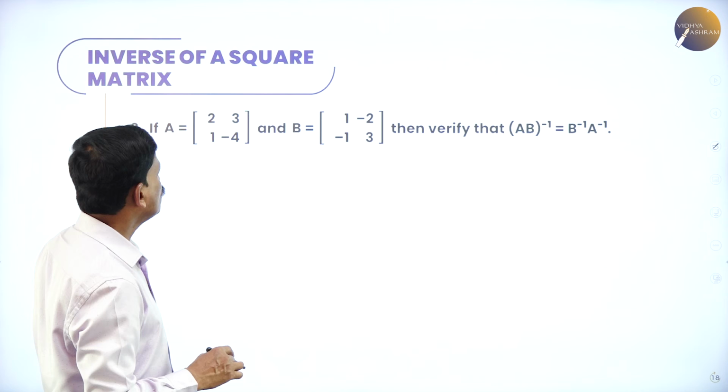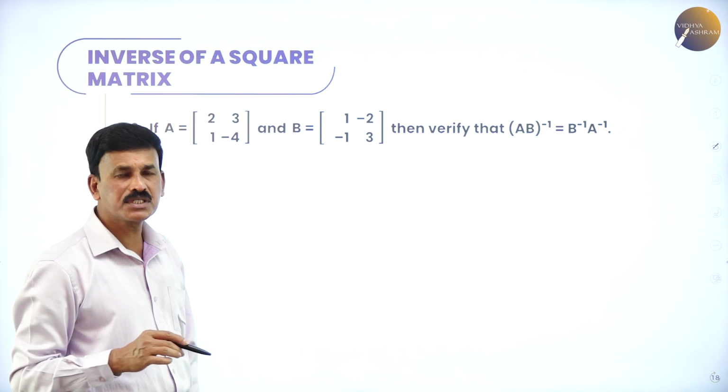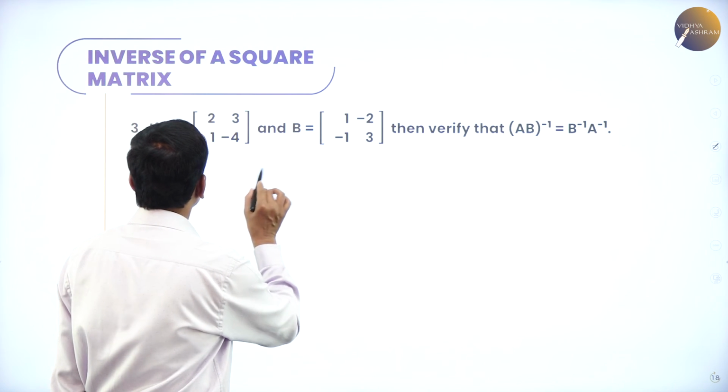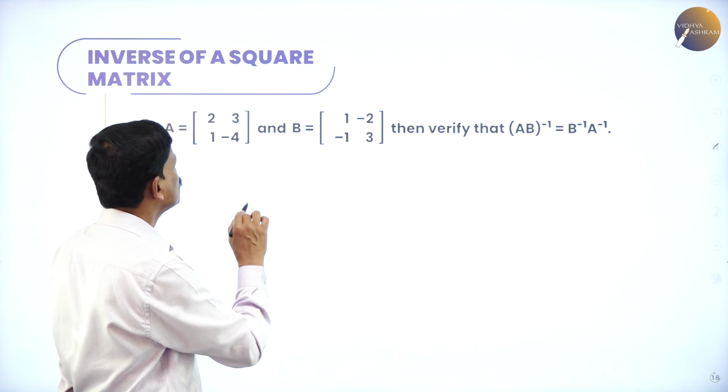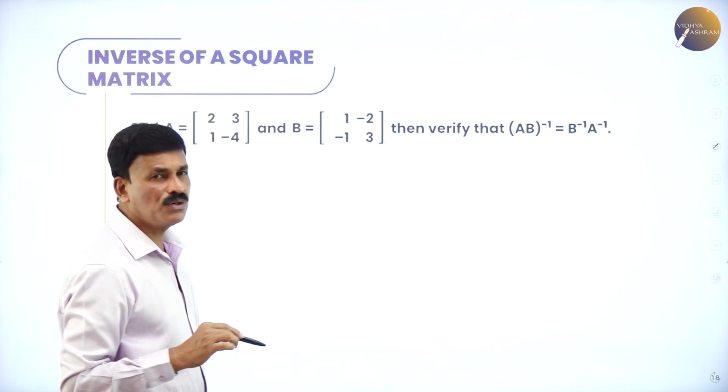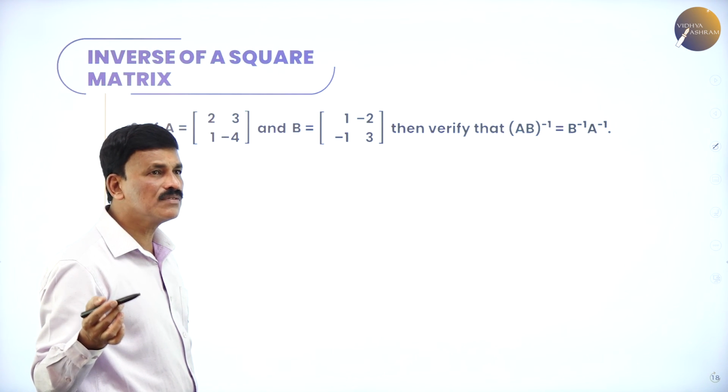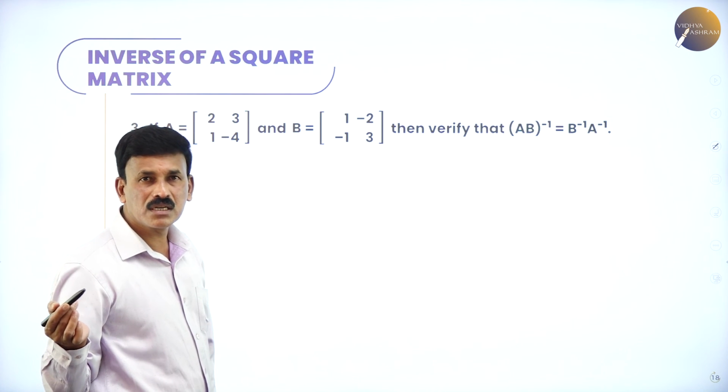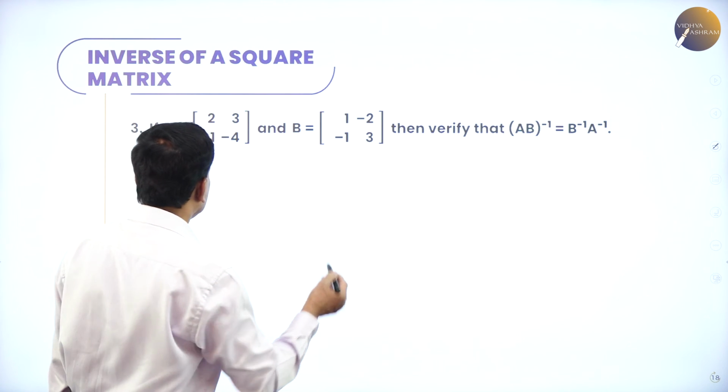Okay. Now, finally, let us come to the last problem. What is given: if A is equal to 2, 3, 1, minus 4, B is 1, minus 2, minus 1, 3. Verify that AB whole inverse is equal to B inverse A inverse. This is called the reversal law of inverses. Okay, let me find out